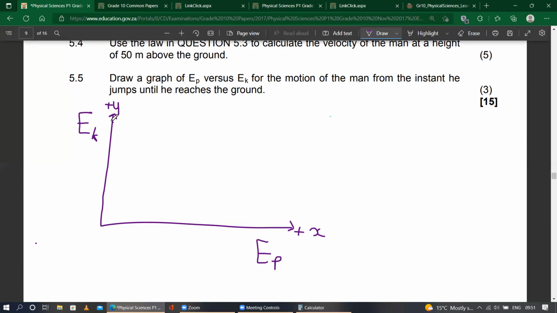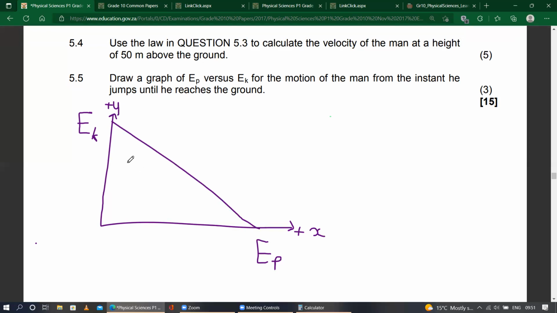So it's gonna be something like this. Can you understand it? I'm a little bit confused, because here